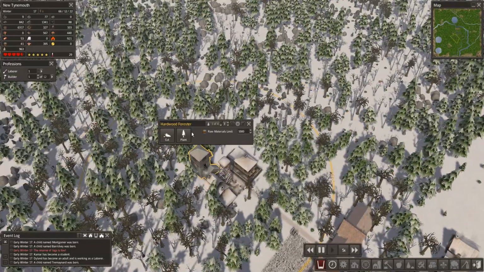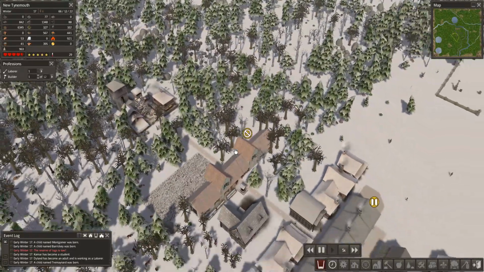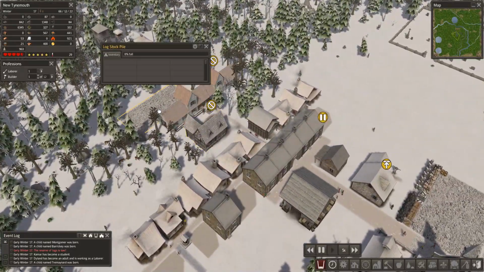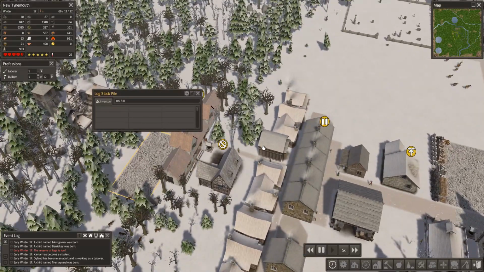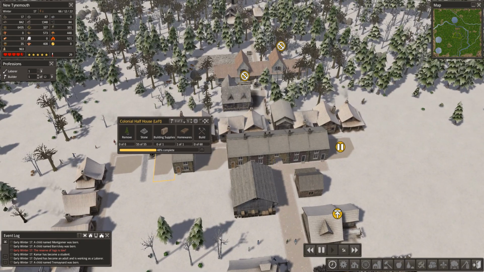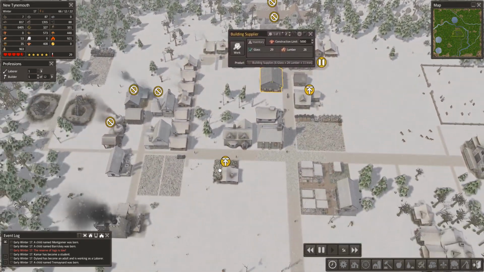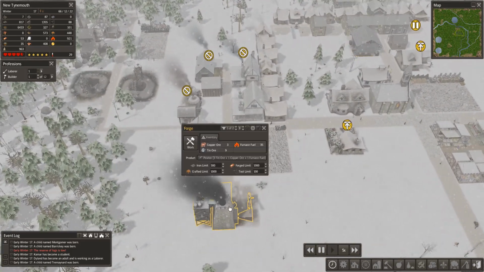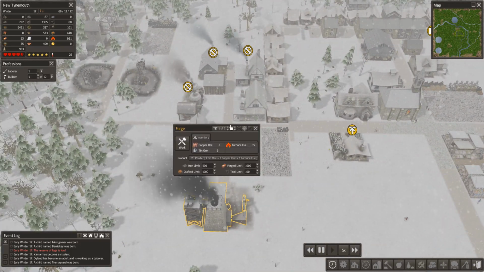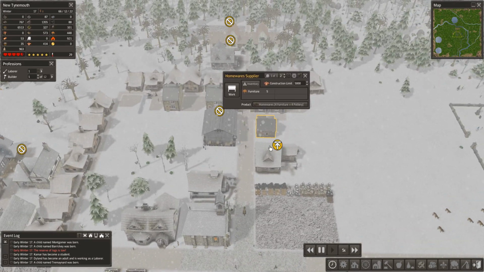How's our hardwood production doing? Hardwood Forester has 1 out of 4. Are we starting to get some of that sweet, sweet hardwood in? I don't think anyone's using hardwood at this point, so it'd be hard to see it being used. God, this building supplier is so incredibly slow. I don't know, I was going to say outlandishly slow. Doesn't quite fit. What about homewares? Are we doing better with...